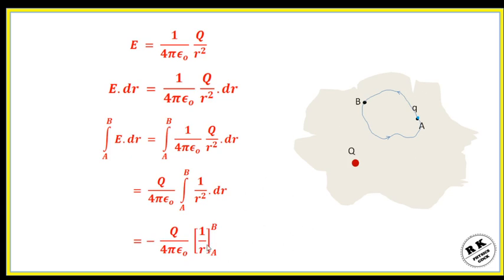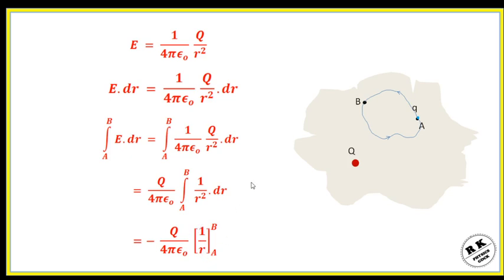Remember this figure as well as this equation. What we are trying to do? We are trying to find out the work done in moving test charge from point A to point B. So if we substitute it, it becomes 1 by RB, where RB stands for position vector of point B, minus 1 by RA, where RA stands for position vector of point A. So here we are going to substitute the limits.